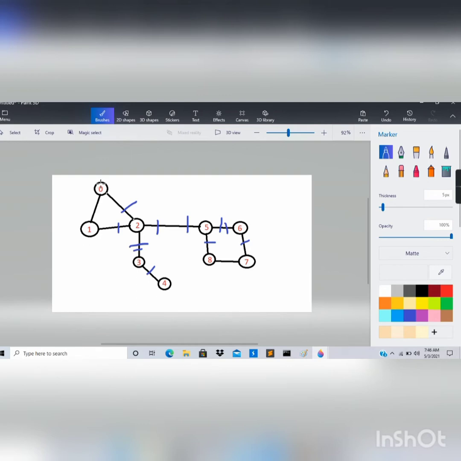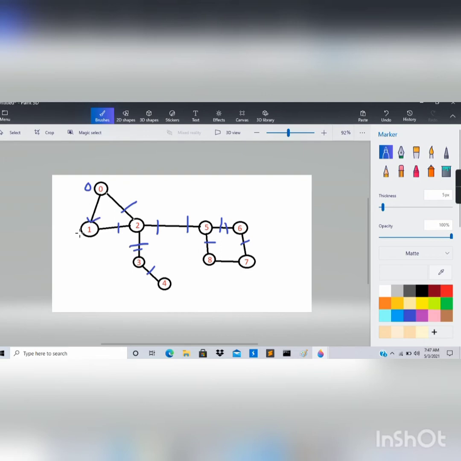What I'm trying to say is that first we'll apply depth first search on node 0, and we'll assign an ID to node 0 as 0, and from node 0 we can go to node 1. So we'll add this edge in our DFS tree. We'll also create a boolean array to keep track of visited and unvisited nodes.